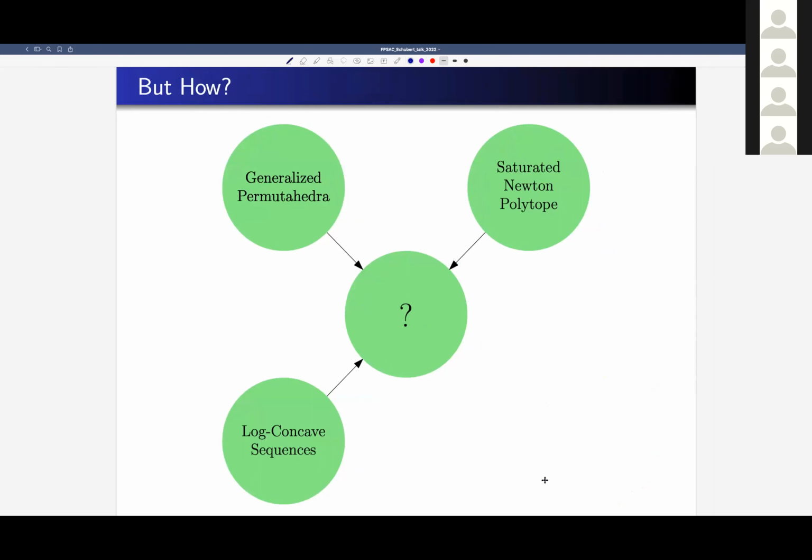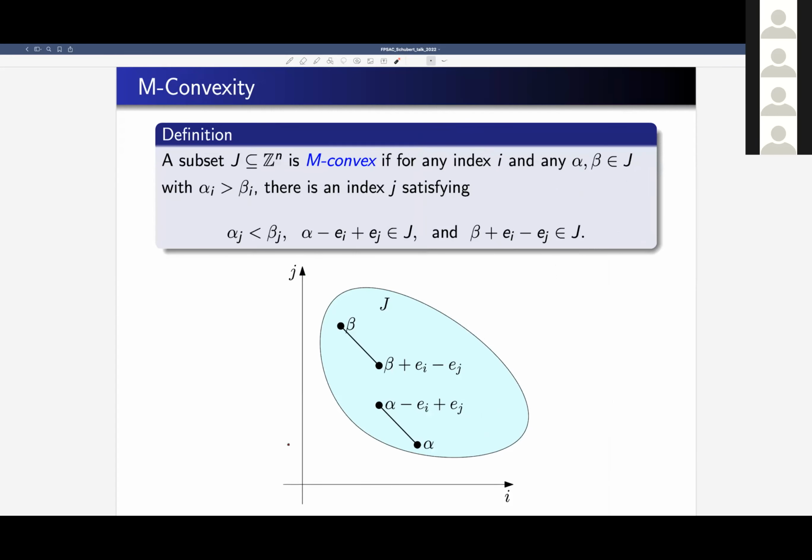What we have is sort of the perfect setup here if we are in 2018. We have generalized permutahedra as Newton polytopes. We know that they are saturated, and we want to prove that we have log concavity. And so the question is, what do we do? Well, Brändén and Huh introduced Lorentzian polynomials about the same time, which indeed encompass all of these three things. So then what to do is to prove that these objects, the Schurs and the Schuberts, or their normalizations, are Lorentzian.